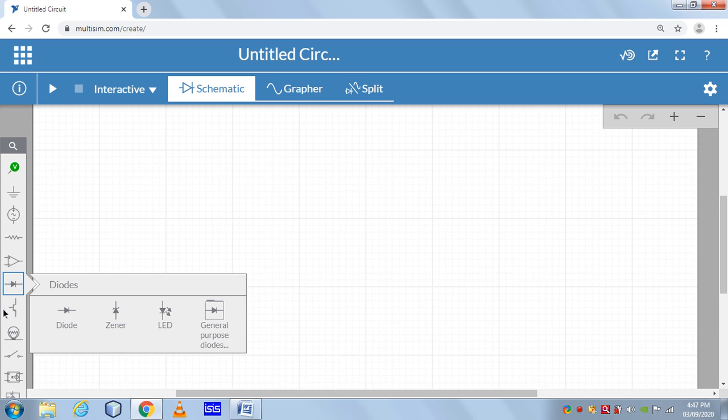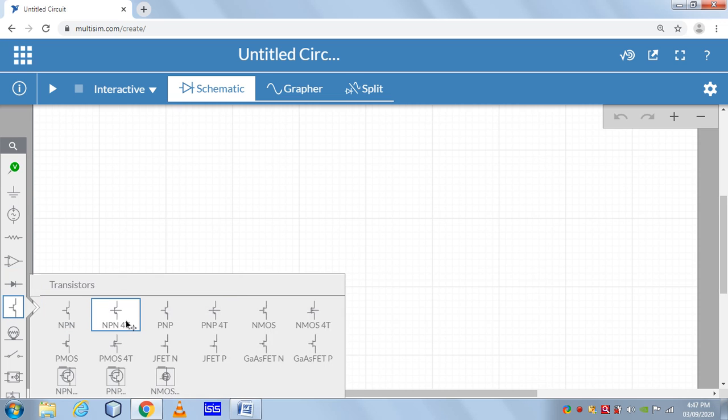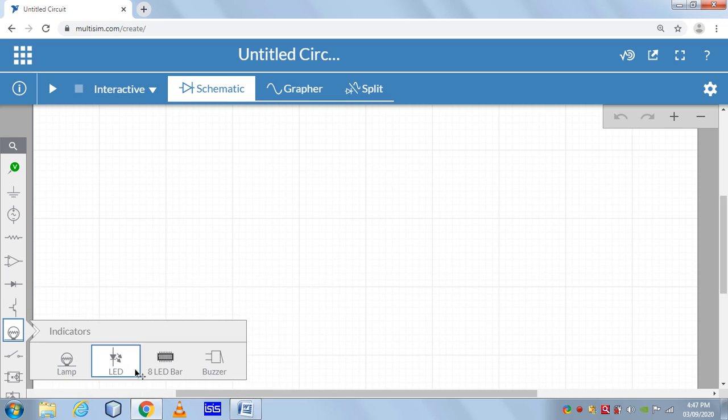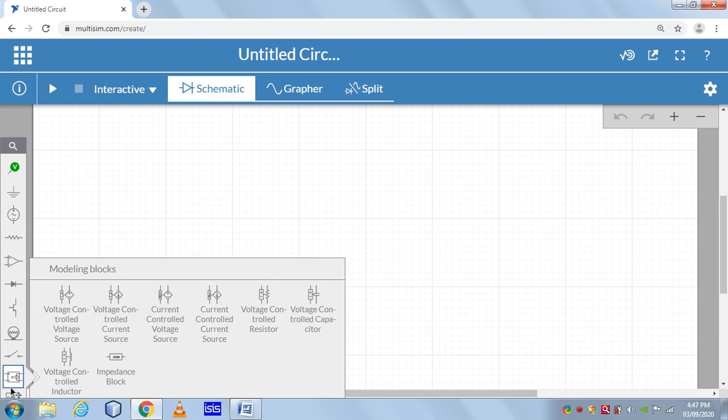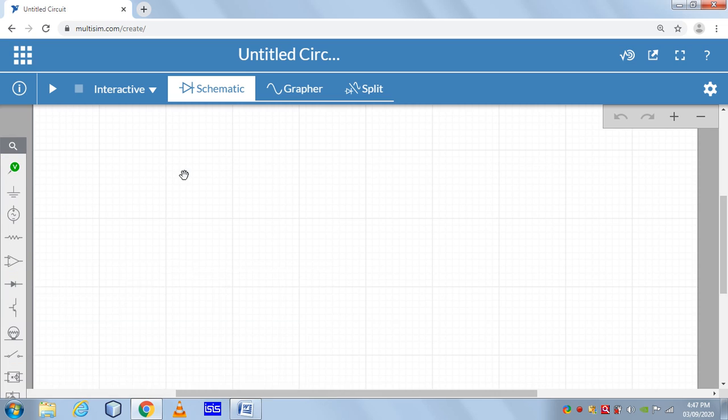After that some transistors: PNP, NPN, JFET, and PMOS. Then lamp, LED, 8 LED bar, and buzzer are available. Numerous items are available, including control sources, all listed here. So in this first video on Multisim, I will discuss the basics.